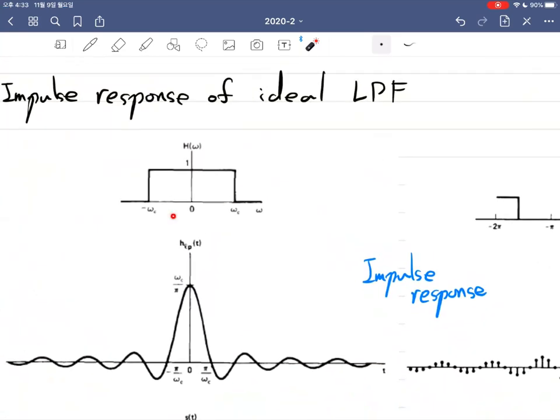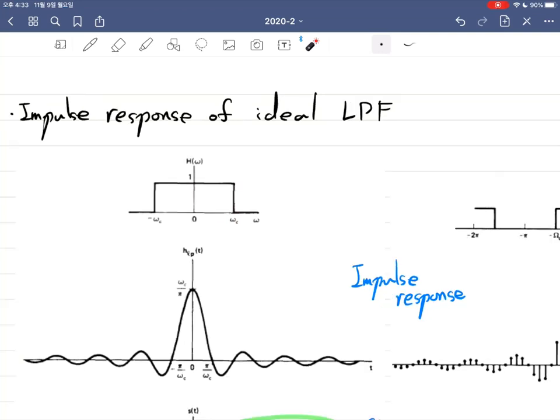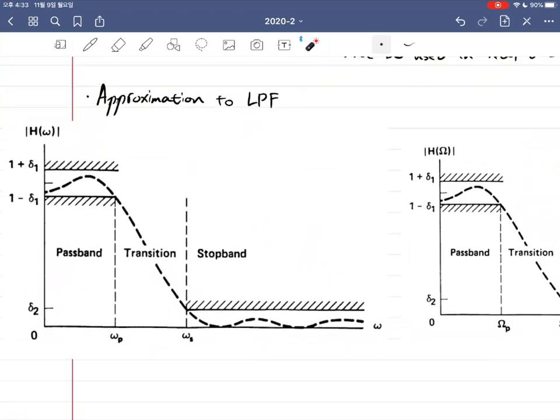Whereas in the ideal LPF, you go from passband to stopband all of a sudden. However, there is a gradual decrease, which is called the transition part, and we now have